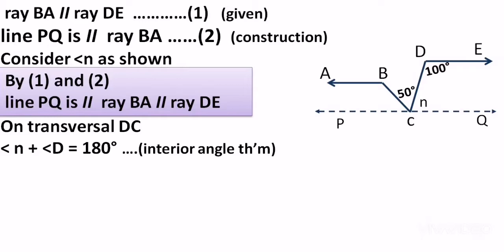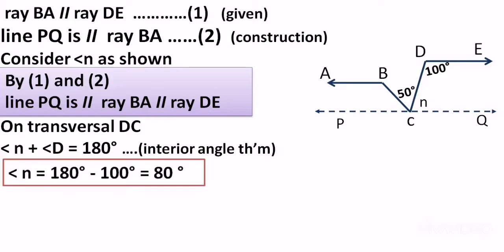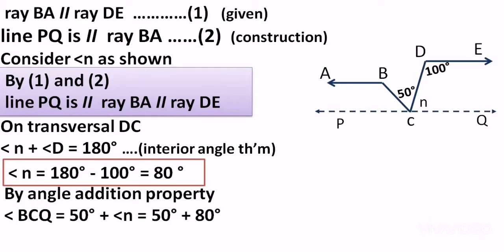So keep it in mind, when I use the property of interior angles, I must write interior angle theorem, right? And the condition for it, what? The lines on which we are going to utilize those interior angles must be parallel to each other, okay? So on transversal CD, these two angles are formed, angle D, that is 100 degrees, and angle N that we have considered, okay? And that is why we can write interior angle theorem. And we know the sum is 180 degrees, and when I subtract 100 from 180 degrees, my answer will be 80 degrees, and so angle N is nothing but 80.